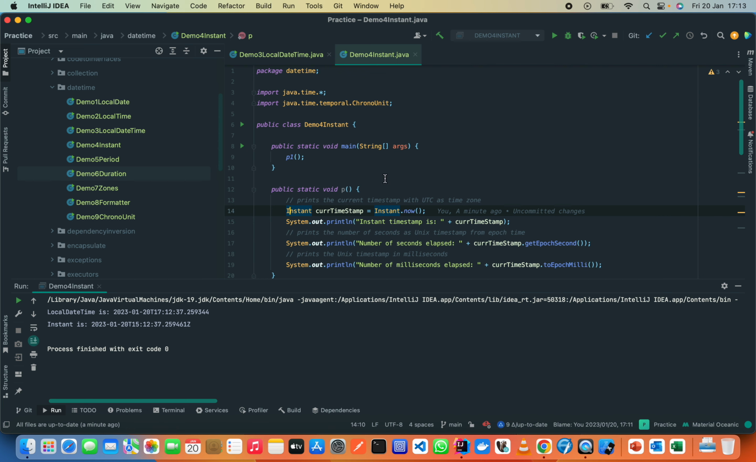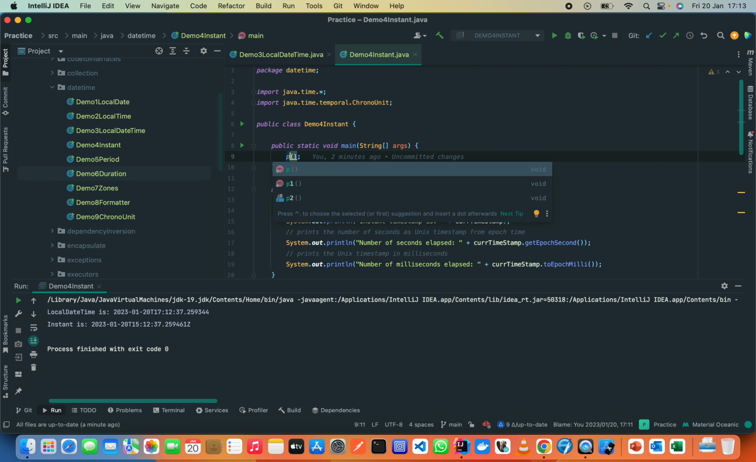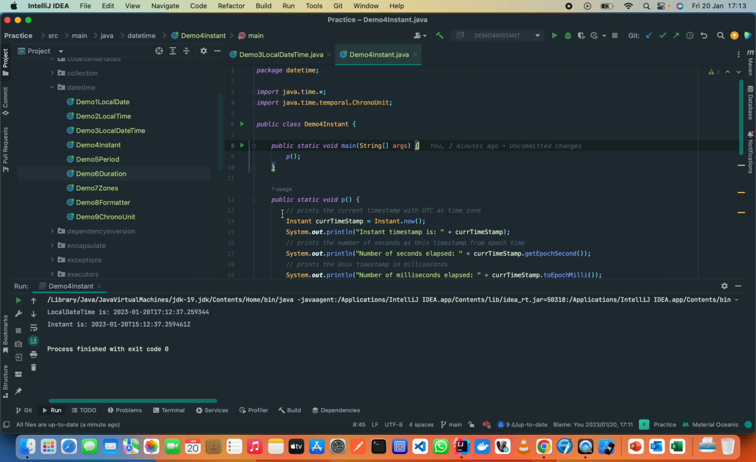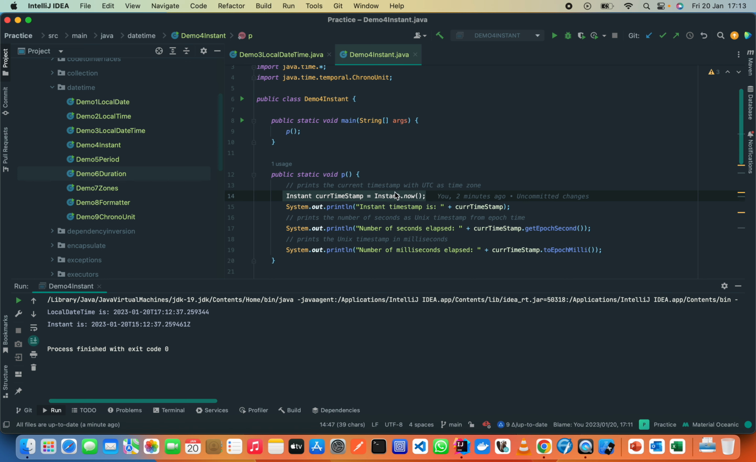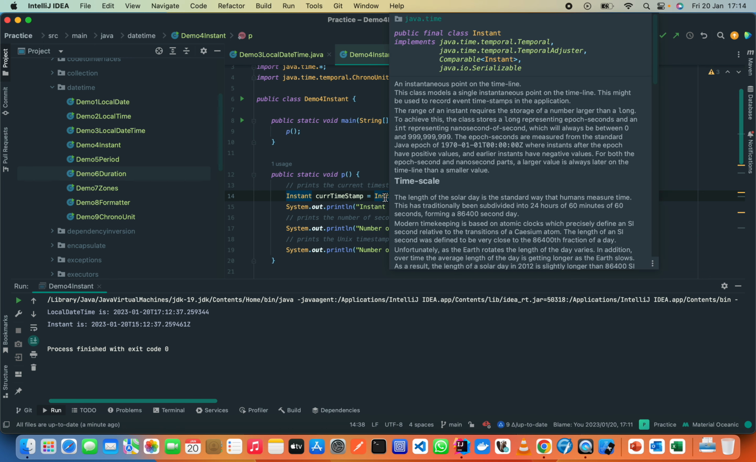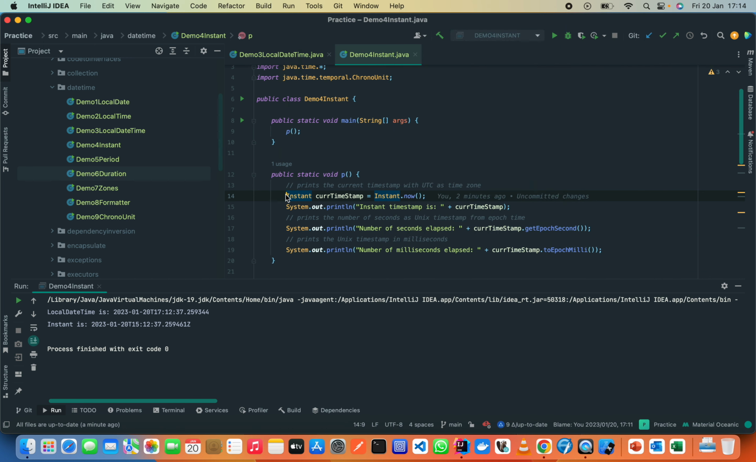So there isn't much I'm going to do here. I'm just going to call this function that I already created. I'm going to start with the first function here. What we are doing, we are getting an instance of an Instant object. So we're just calling the method now, then we print it, or we can get